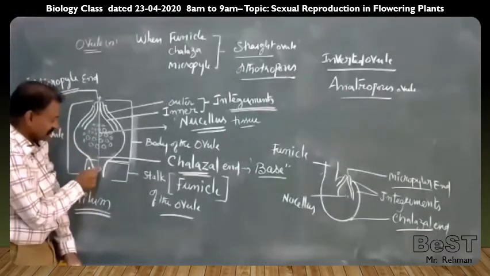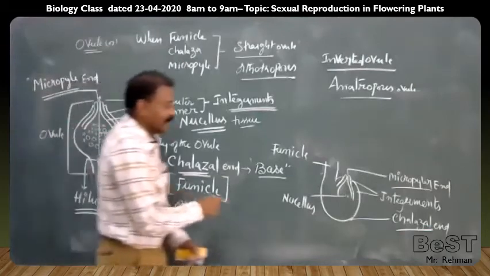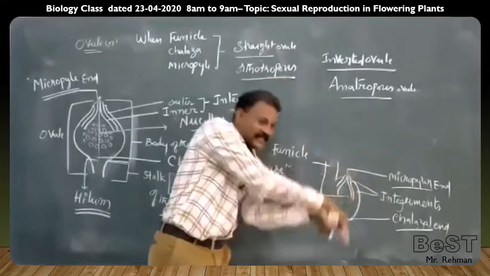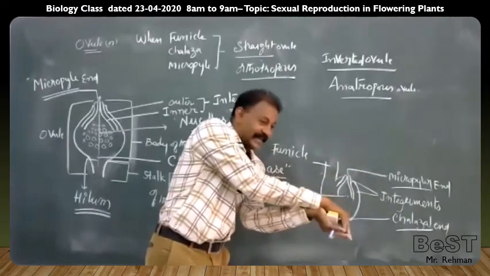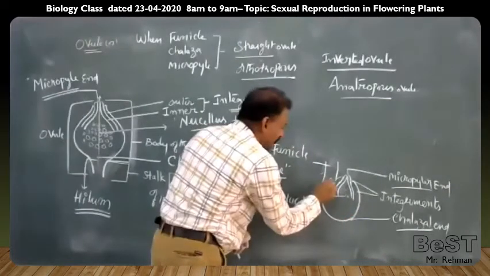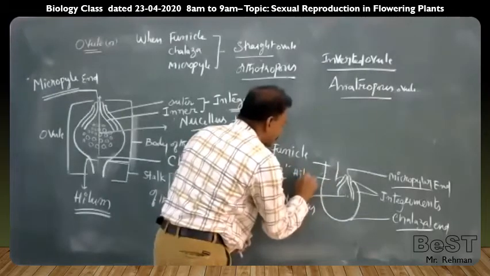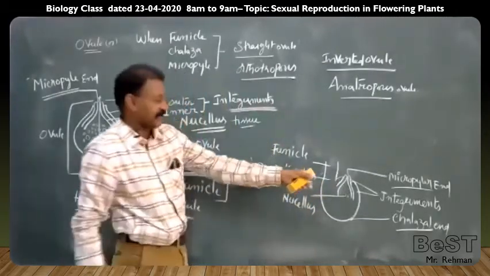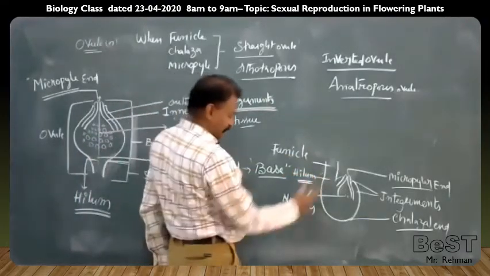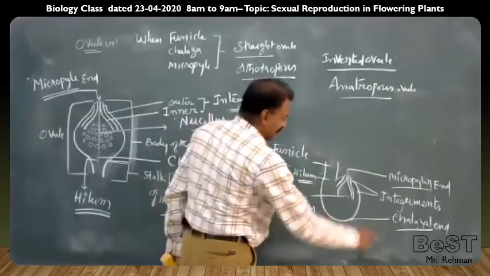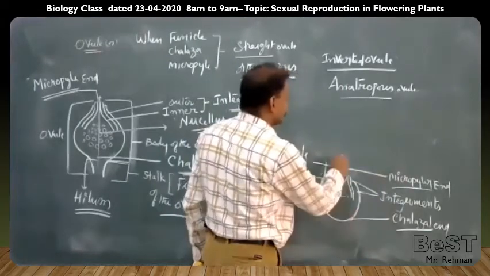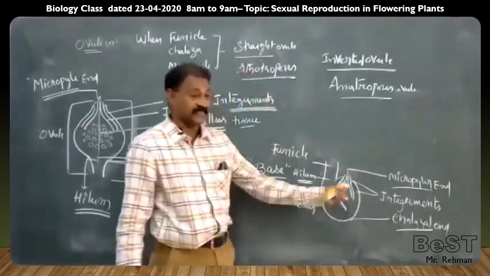Chalaza is the base, stalk. Here hilum. Here its body is joined because of curvature. Because of curvature, the body is totally turned to one side. Here the clear-cut distinction of hilum is not seen. So simply we can call this hilum. That's why in the textbook they have not mentioned this hilum in the diagram, page number 25. Funicle, hilum, nucellus, chalaza, integuments outer and inner, the pore called micropyle. This is a 5-mark question in the PUC examination at the end of PUC.